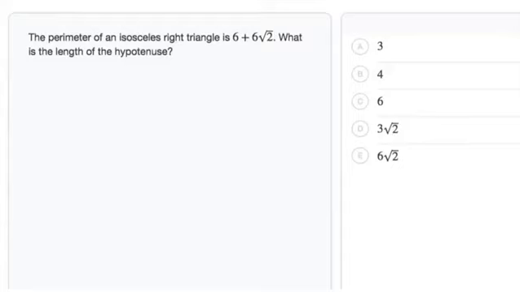There are several ways to solve this question. The fastest way is to recognize that an isosceles right triangle is actually a 45-45-90 right triangle. And this triangle has a special ratio that we can use for its lengths. So isosceles right triangles, again, are 45-45, not 44,